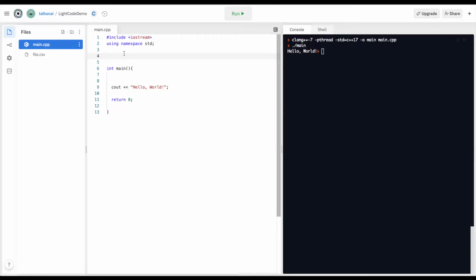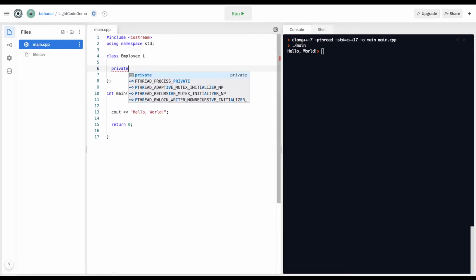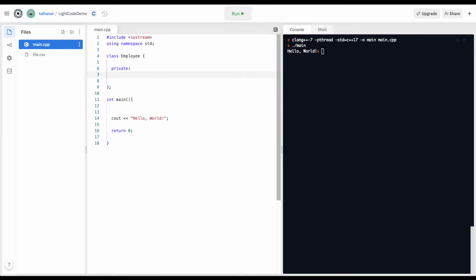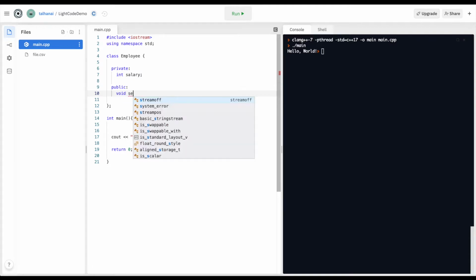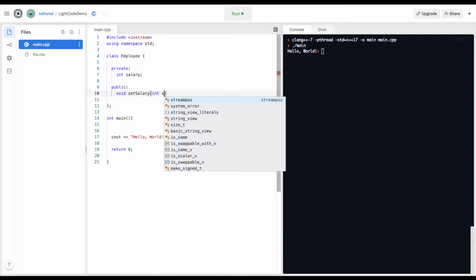I'm going to define a class Employee, open curly braces, ends in a semicolon, and it has a private element, int salary, and it has a public set of setters and getters. So I have a function void setSalary, int s,